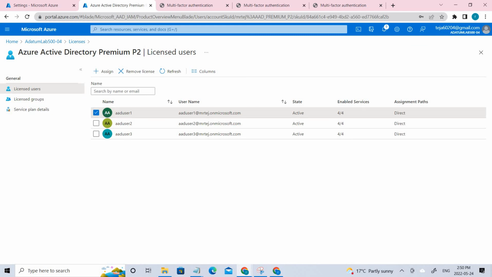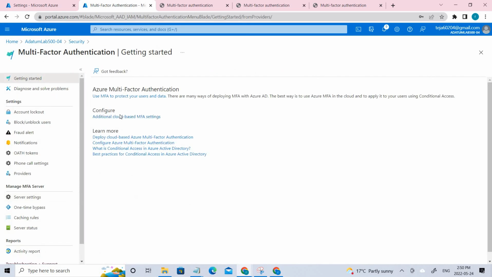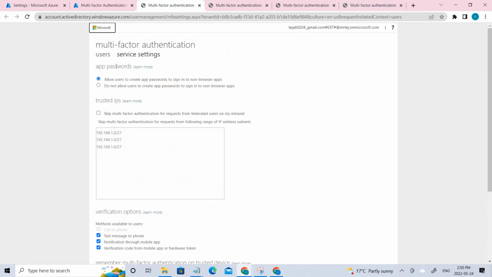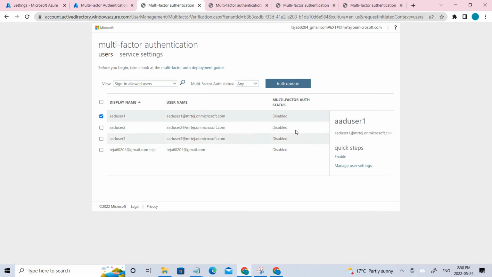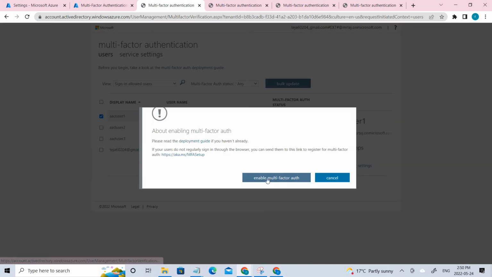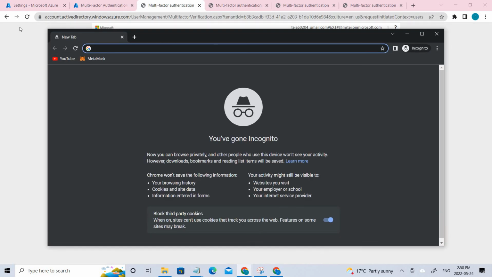So for enabling the multi-factor authentication, you have to go back here: security, MFA, additional. So these are just the same tabs. So if we talk about users, if I select the user 1, you can see everyone is disabled. So I'm just clicking enable here, enable multi-factor authentication. So it has been enabled. So now if I try to sign in with this particular user,